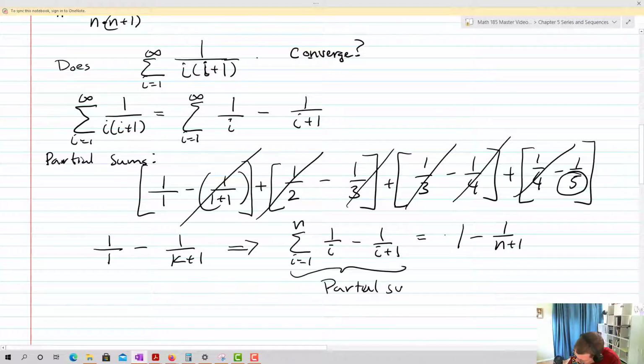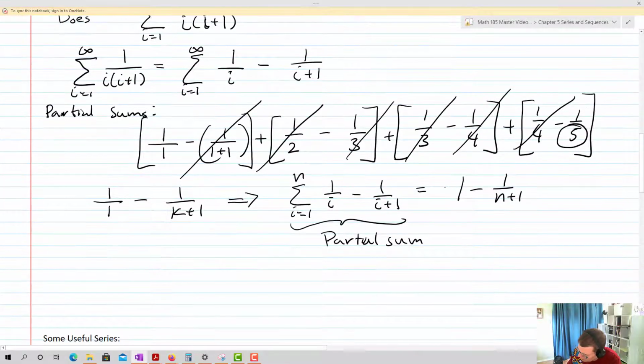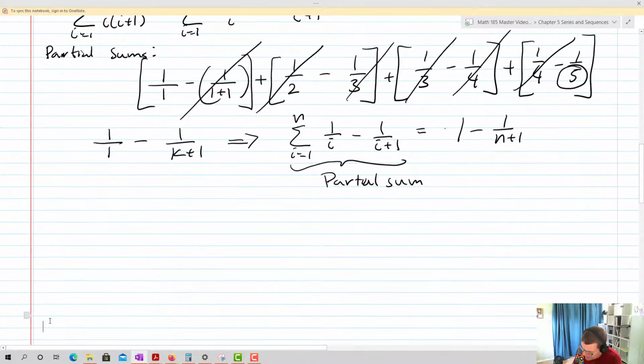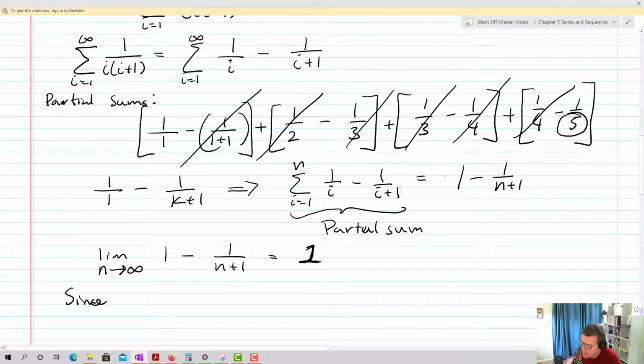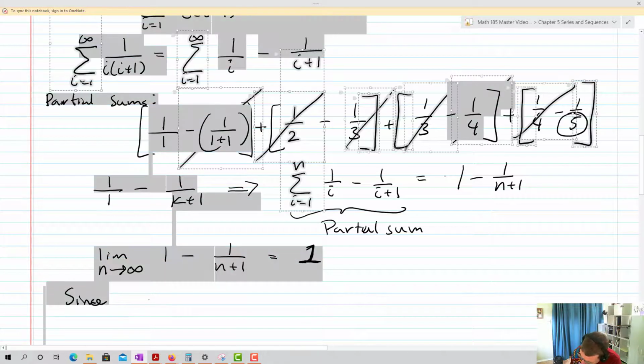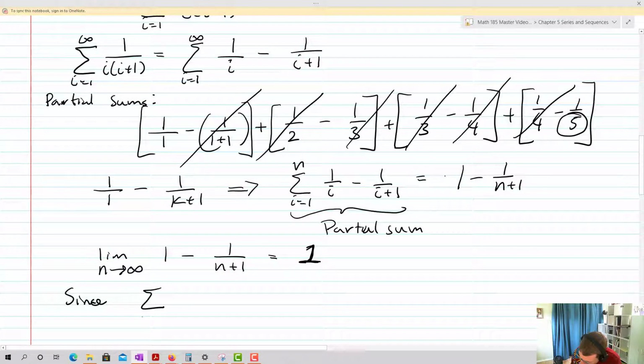Now what I want to do is see what happens as we take n to infinity, because that's going to tell me whether or not I have convergence. So I found out, here's my partial sum. So now I take the limit as n goes to infinity of 1 minus 1 over n plus 1, that partial sum. And what is that going to equal? That's going to end up equaling 1. Since what we just found, the sum i equals 1 up to infinity of 1 over i times i plus 1 equals 1,